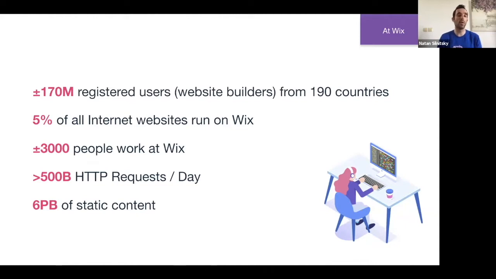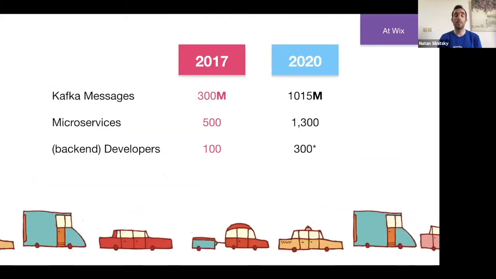Now, with Kafka, we don't serve static content. We just use Kafka mostly for inter-process, inter-service communication. While the amount of messages produced per day with Kafka is not at Wix scale yet, it has grown very much over the last few years to around 1 billion messages per day. And the scaling concern is not only with the amount of messages to handle,